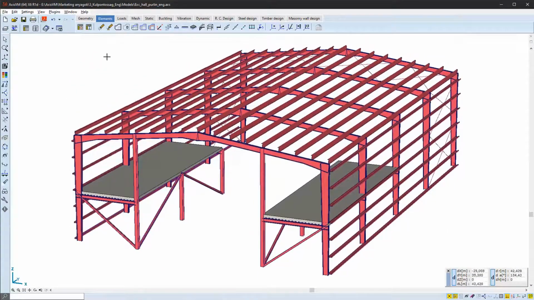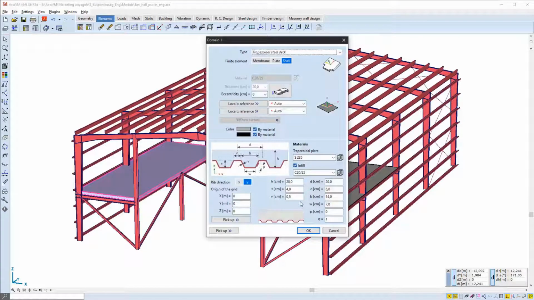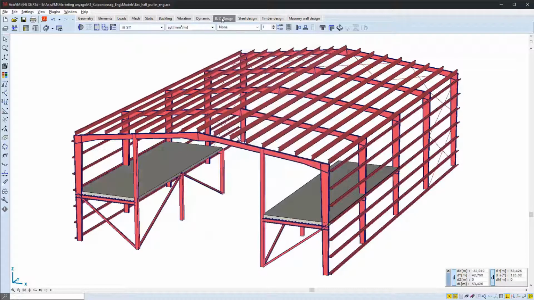The domain dialog for the steel decks is slightly extended compared to the X5 version. It contains two new parameters which represent the shear connection between the steel plate and the concrete. Eta represents the shear connection and expresses the proportion of the full compression resistance of the upper concrete layer transferred to the trapezoidal sheet. If it is equal to 1, it represents a full shear connection. If it is lower than 1, the bending resistance of the slab will be lower, of course.